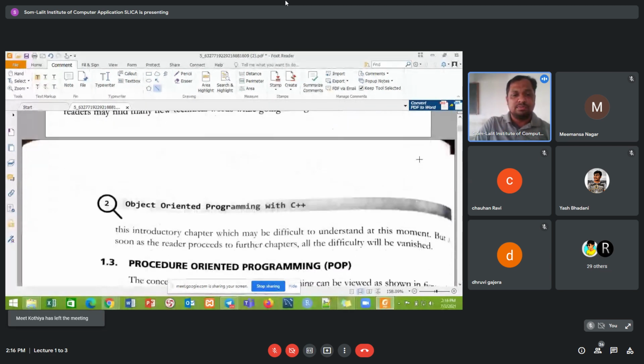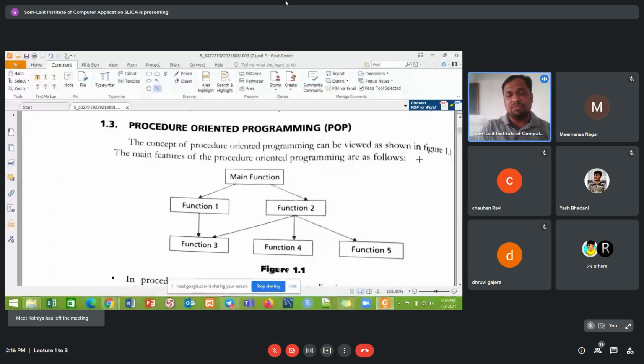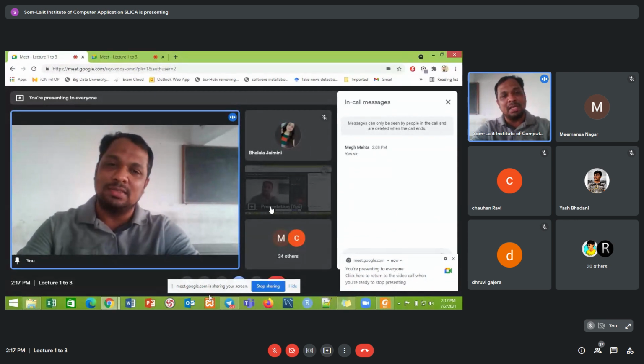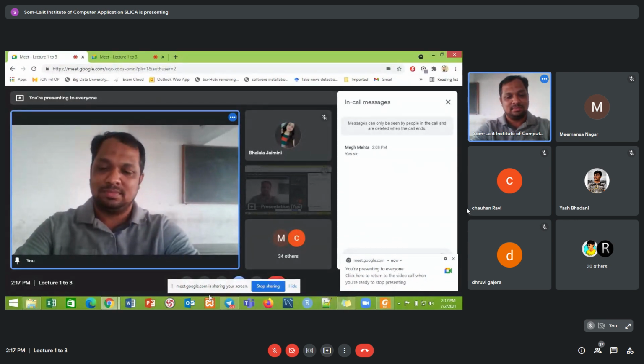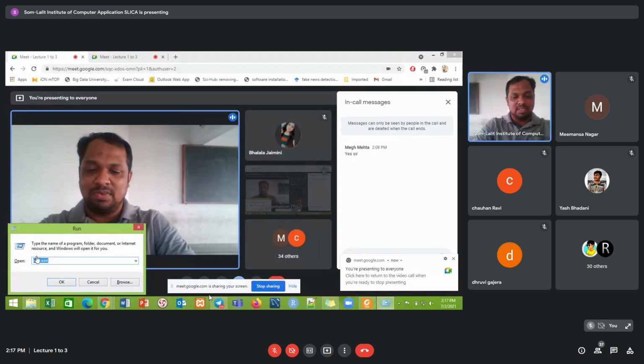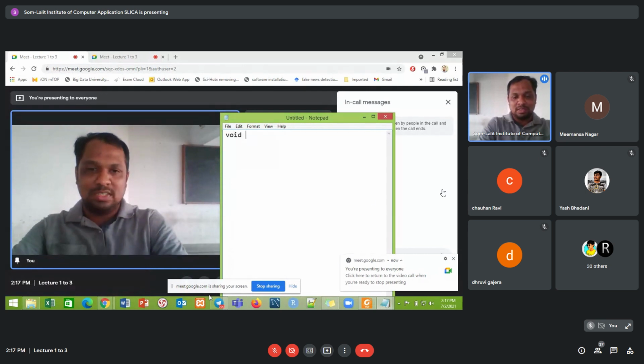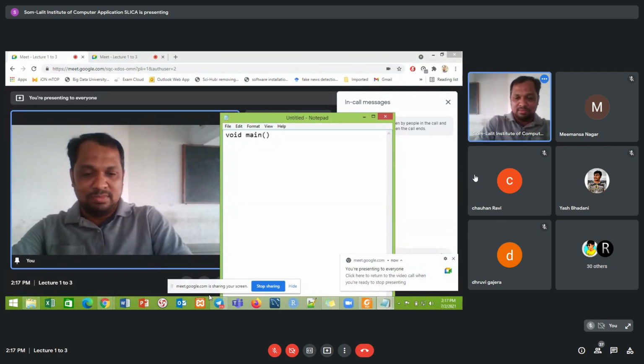If we talk about procedure oriented programming, C, you had a main function, the main method, and in that main method you have plenty of functions implemented. Now can anyone tell me, can we implement functions outside the main method? You used to write void main or int main, and here was your program.